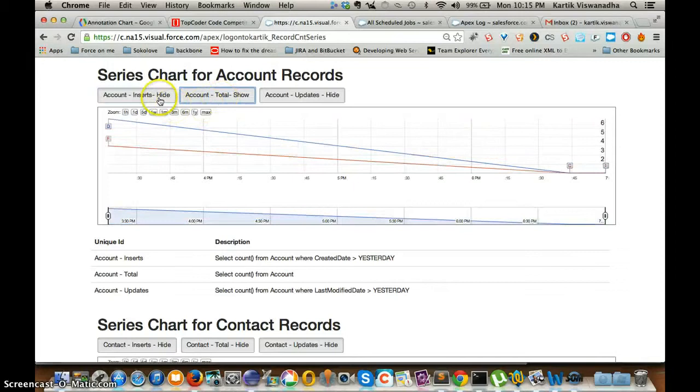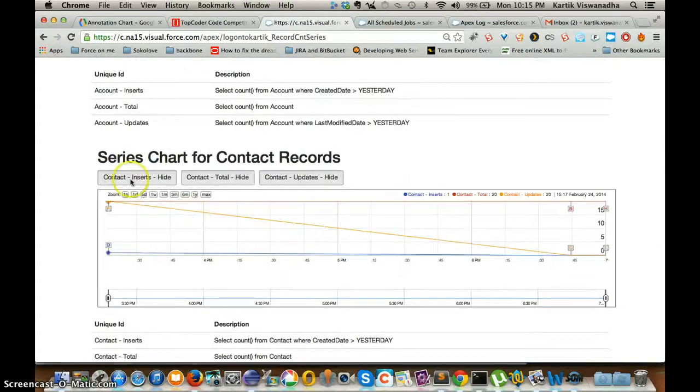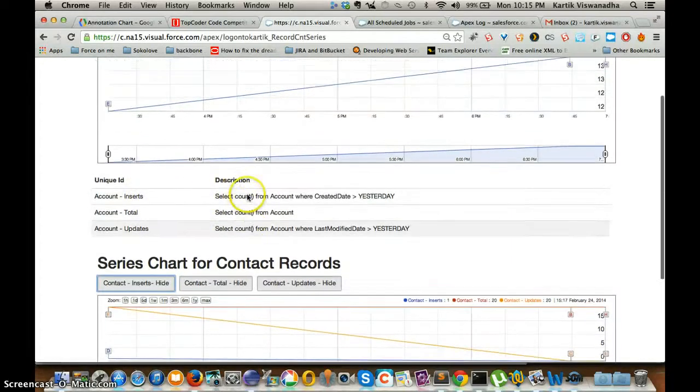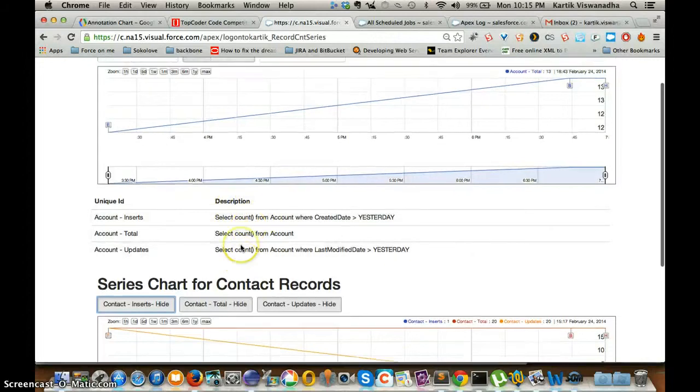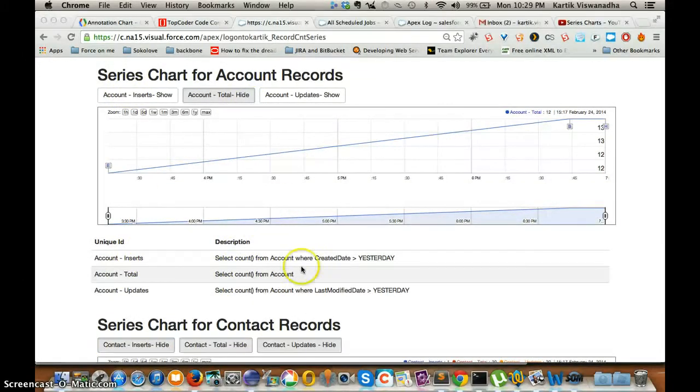If you wanted to show just the totals, this is just the totals, and it's the same thing. For contact, you can do the same thing, and it will give you the same description and the unique ID that we are populating.